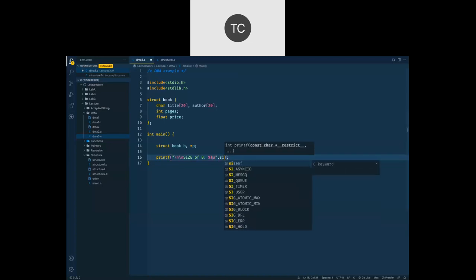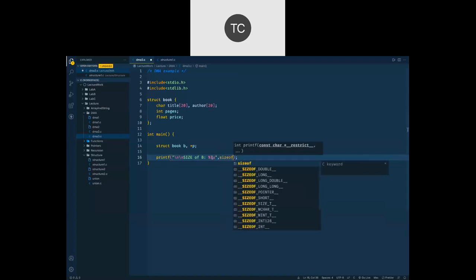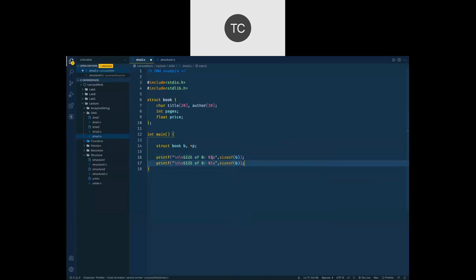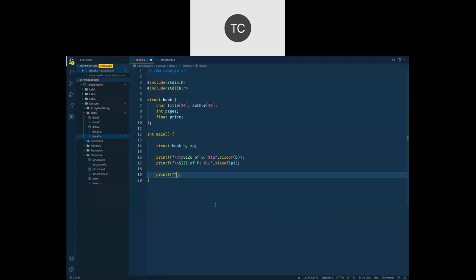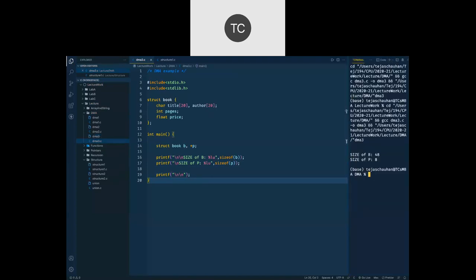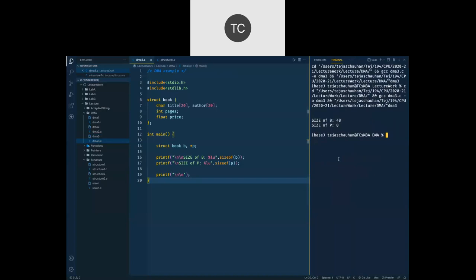So we'll use the sizeof operator, and inside that we are going to pass the variable P. Just like this, I'm going to have sizeof P here, and we'll be printing the size of P at this place. Fine. So let us save this code and run it once. It will show me the size of both the variables.